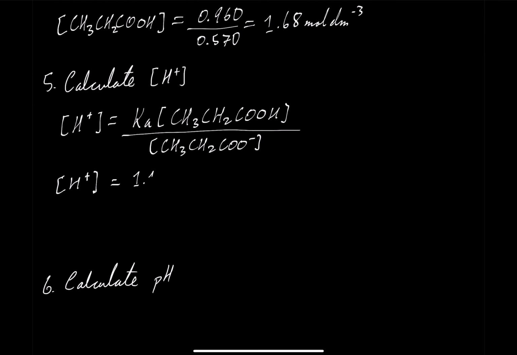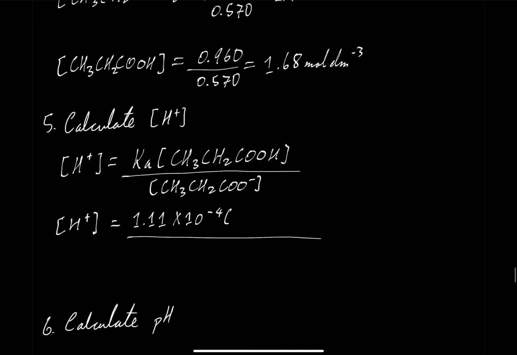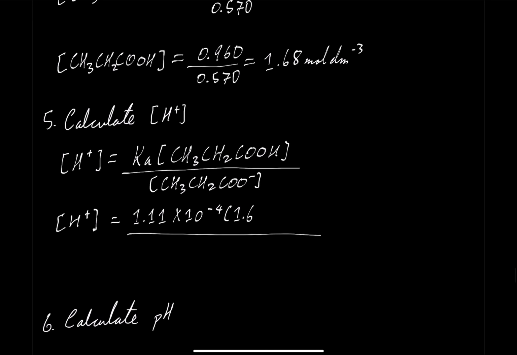So 1.11 times 10 to the power of minus 4. And what's our H plus, our propanoic acid, is 1.68, sorry, 1.68. And then